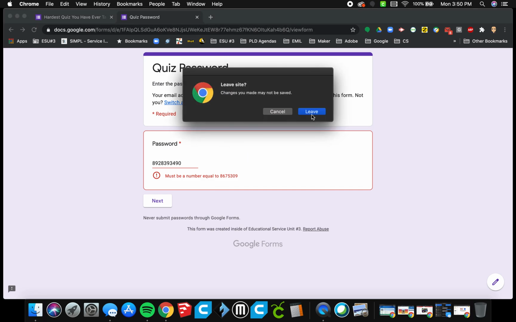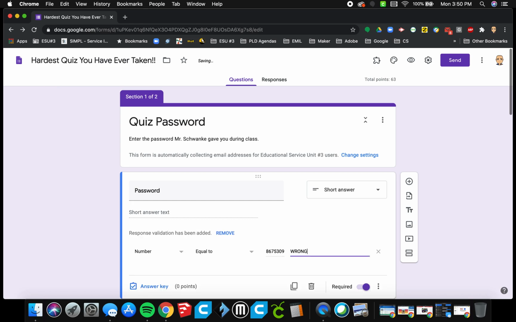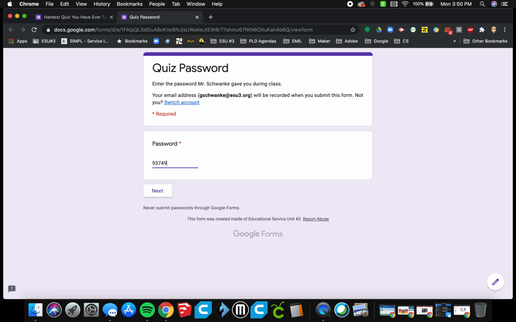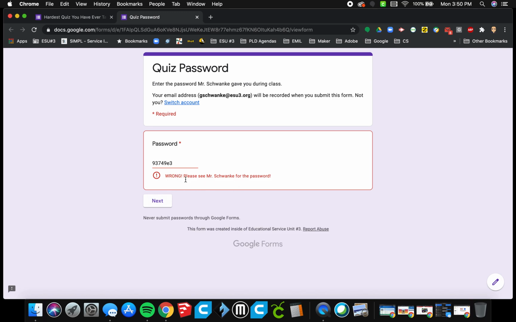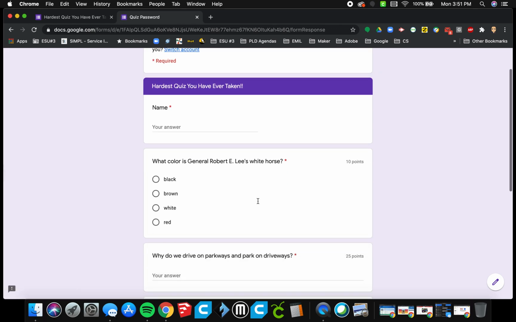So what we need to do is enter our own custom error text. So we're going to say wrong. Please see Mr. Schwanke for the password. Okay. Now, when students go in here to take the quiz and they enter the wrong password, it says wrong, please see Mr. Schwanke for the password, and it doesn't give them the password. So that's a great thing to do. However, if they enter the correct one, 8675309, click next, and now it takes them into the quiz,